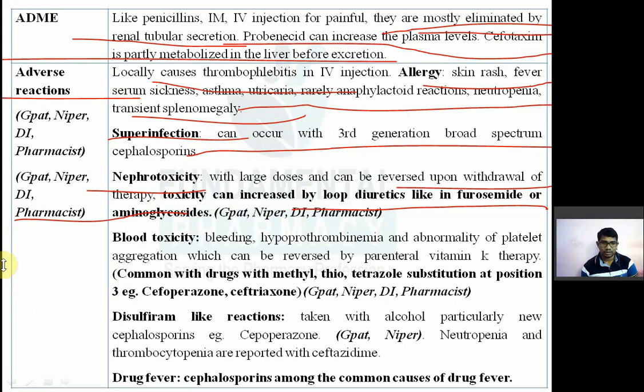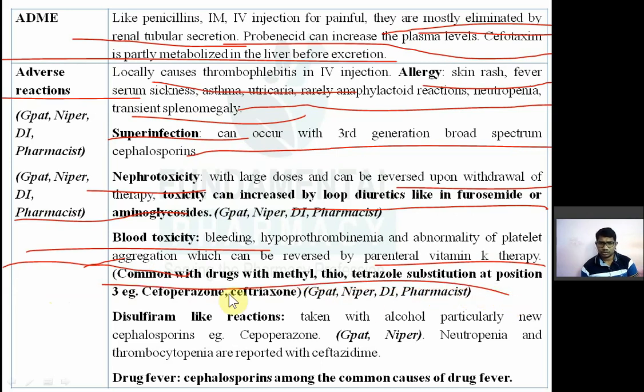Then blood related toxicity, that is bleeding, hypoproteinemia, abnormality of platelet aggregation. Okay, so these are the problems with the cephalosporin. So abnormality of platelet aggregation can be prevented by vitamin K therapy. So mostly they will prevent the aggregation, like an anticoagulant action. Okay, common drug with this methyl